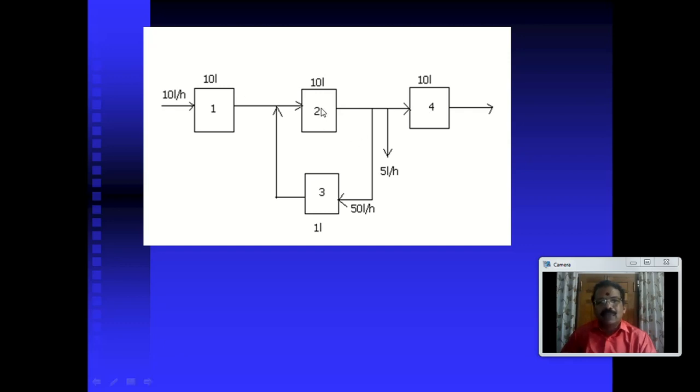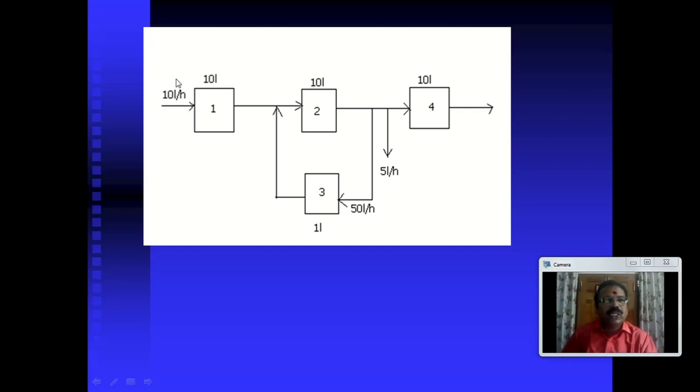The substrate going out of the second tank is bifurcated with a different flow rate. 5 liters per hour is going out. A fraction of the substrate coming out of the second tank is entering into another tank that is arranged parallel to the second tank. It is designated as tank number 3. The inlet flow is 50 liters per hour. The volume capacity V is equal to 1 liter. Then it is going out and it is connected to the first inlet link, again recirculated into tank number 2.